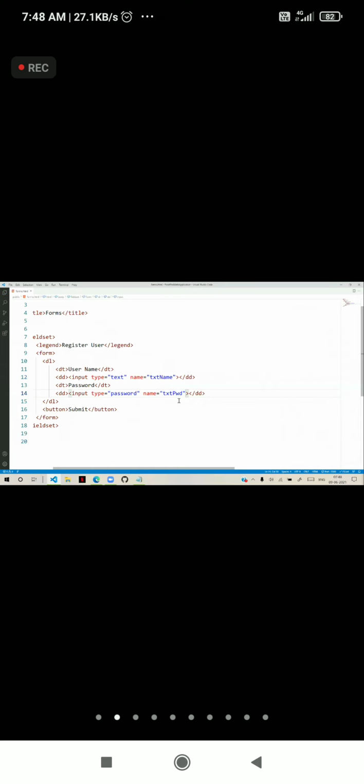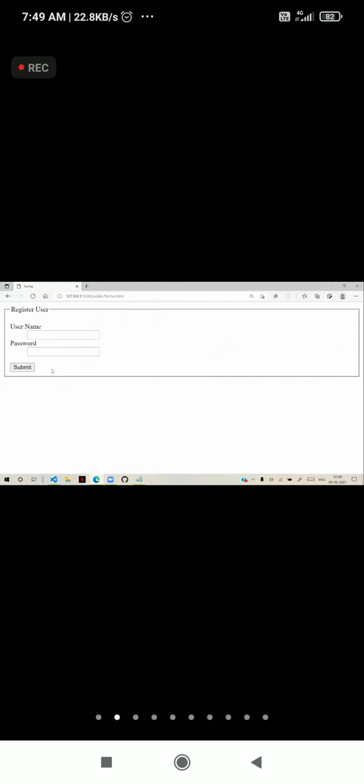And everything is the same. It has ID, it has class, it has value, it has read only, it has disabled. All attributes are the same, just like text input. So generally attributes like required, min length, max length, and pattern are all the same. But only the point is the password masks what you type.